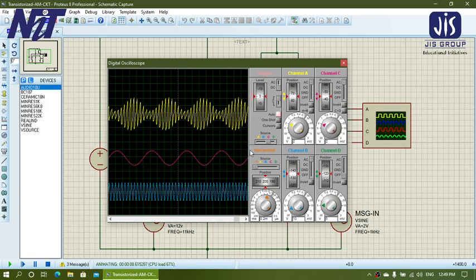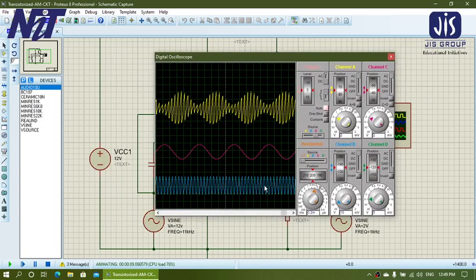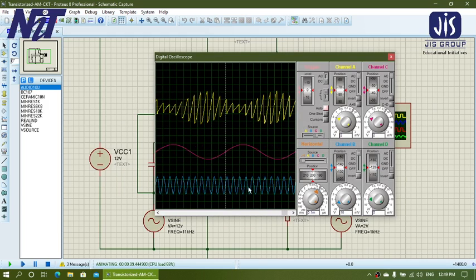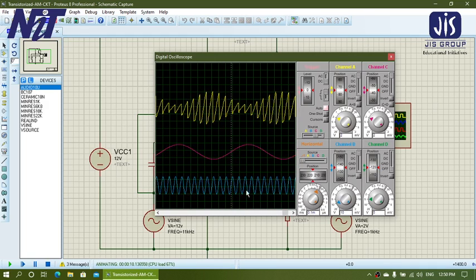So at least, no, it is actually more than 2 divisions. Yes, 2 plus, you can shift it horizontally. Yes, it's 2 plus 1 2 3 4 small divisions, that means 2.8 divisions it occupies vertically with a value of 10 volt.